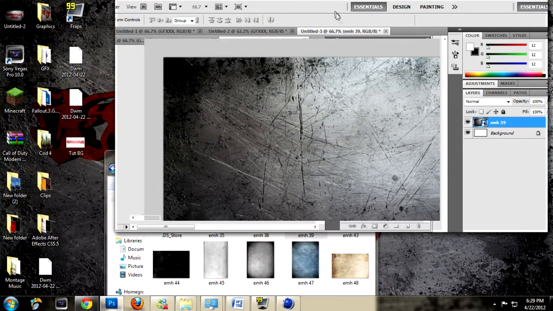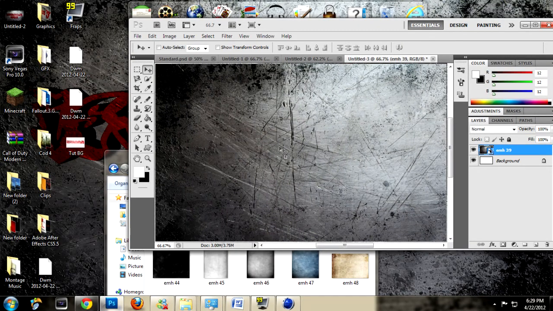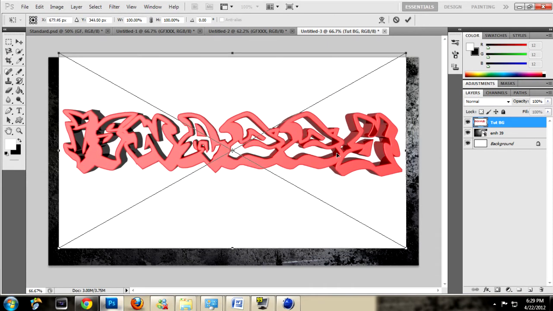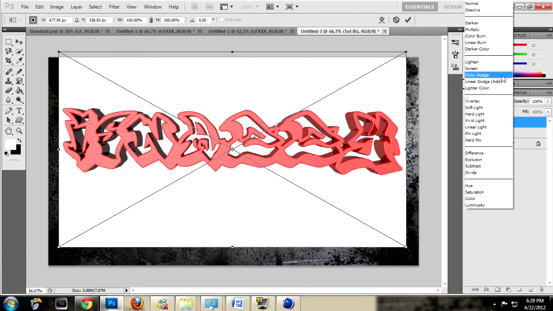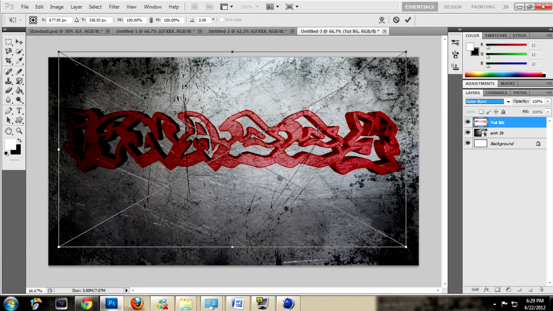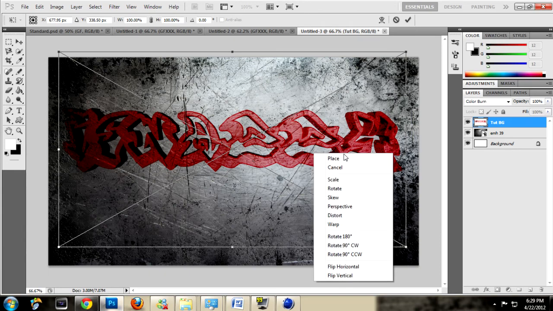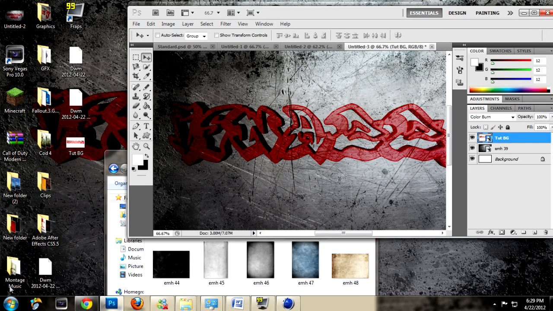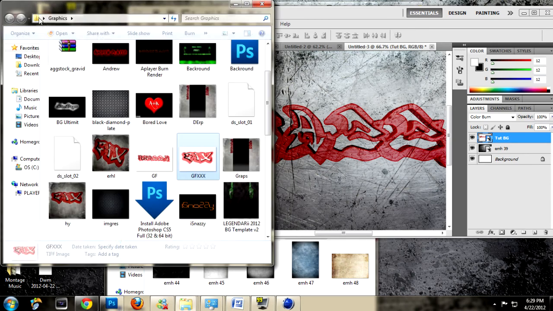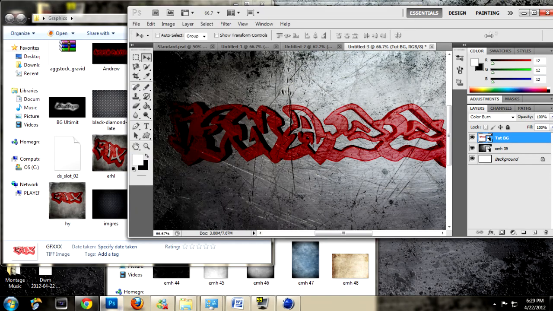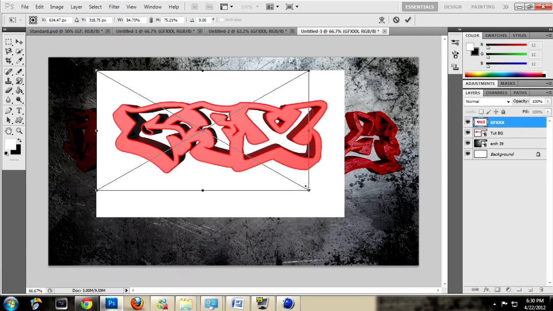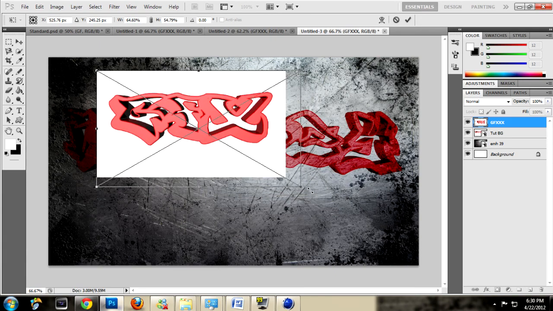Minimize. Then all you're gonna want to do is probably a very simple part here: go to color burn. Perfect. Place. Now, I for one had another part of my name, and that's GFX, which I already have a pre-made one. I don't need to go through all that again. Just go to graphics here, and I simply have a GFX. Small. And however